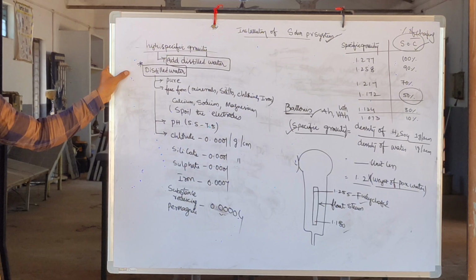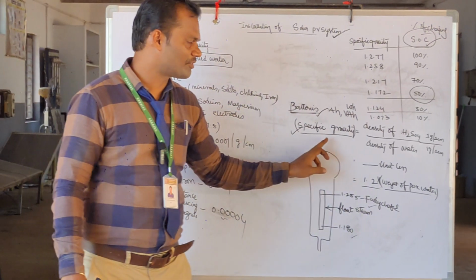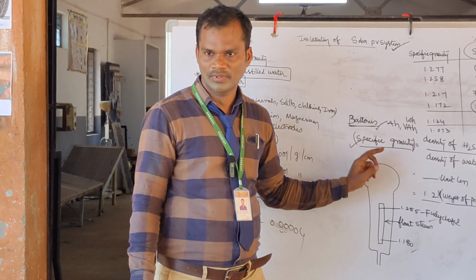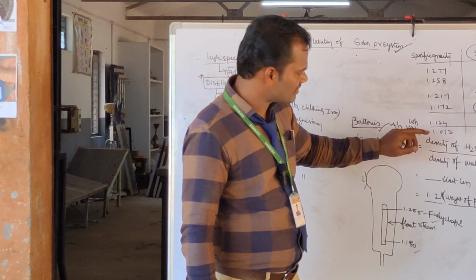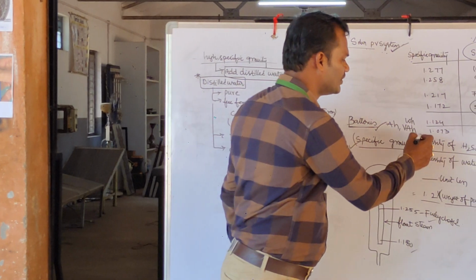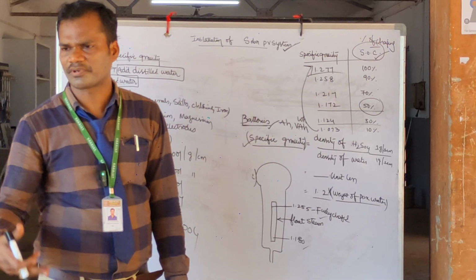Distilled water is added to the solar cell to maintain the required level of electrolyte. If you maintain the required amount of electrolyte, automatically you can maintain the required level of specific gravity. So how much specific gravity do you have to maintain? 1.27. For example, if the specific gravity is very low, you try to add distilled water and maintain this level,